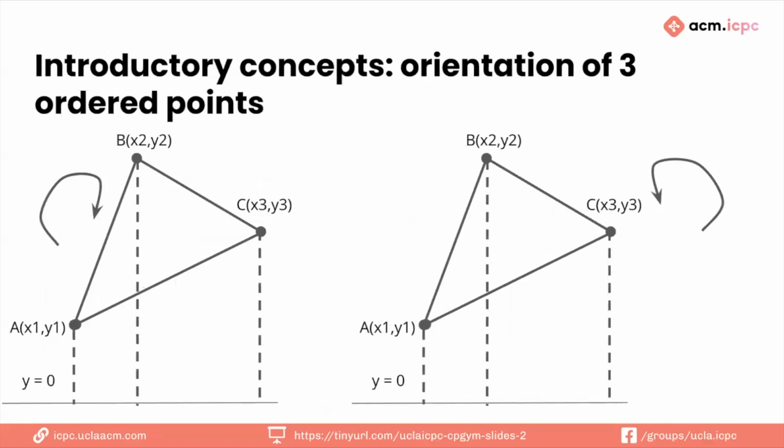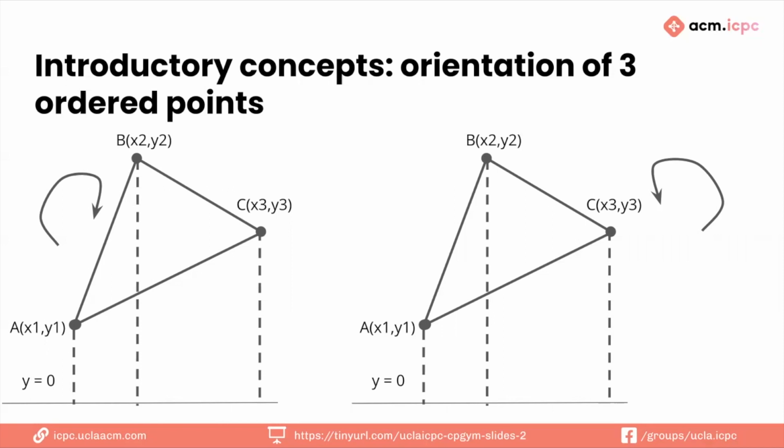Oh, and by the way, the area that I just talked about, that concept of adding up and subtracting trapezoids, can be extended to any number of points. So if you have a convex polygon in the plane, you can do exactly the same by summing up the signed area of trapezoids over each consecutive pair of points in the polygon. But moving on to the orientation of 3 ordered points,